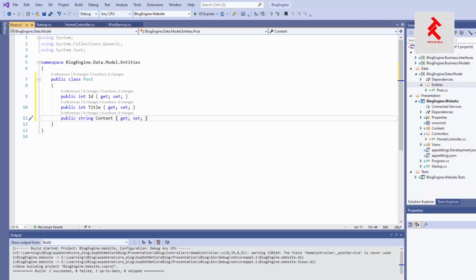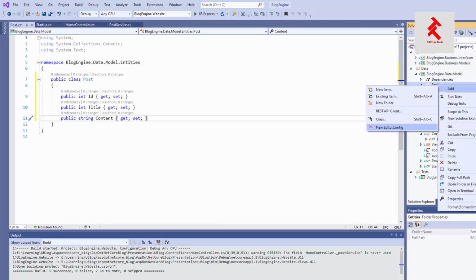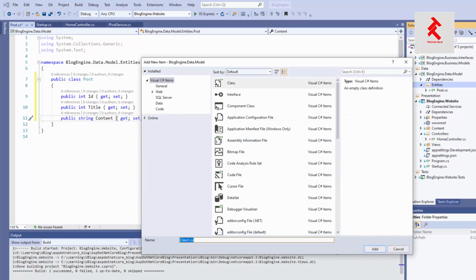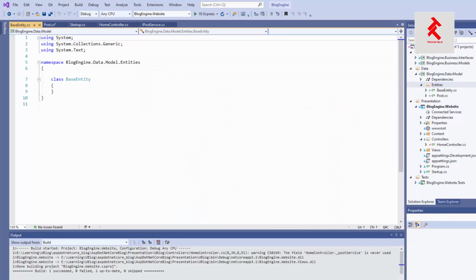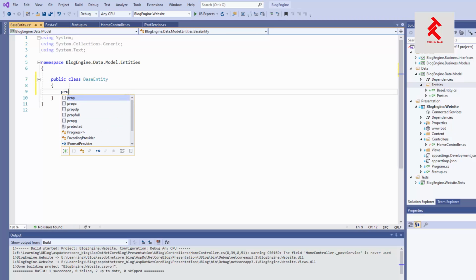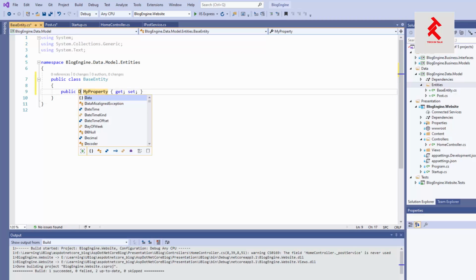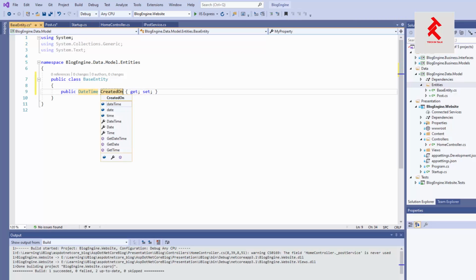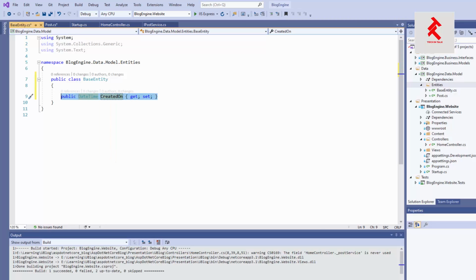And why not, let's create a base property as well, base entity, right? And this base entity will be having all those generic properties like DateTime CreatedOn, right? And